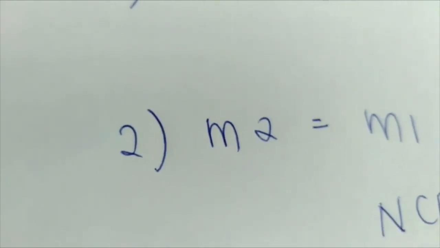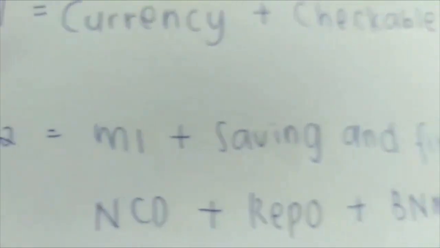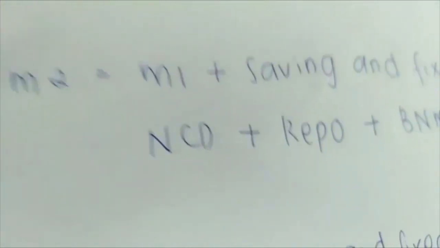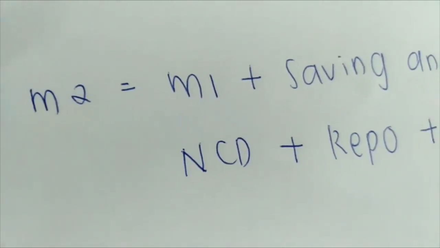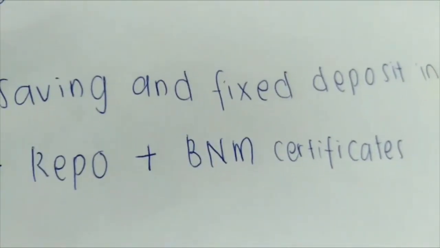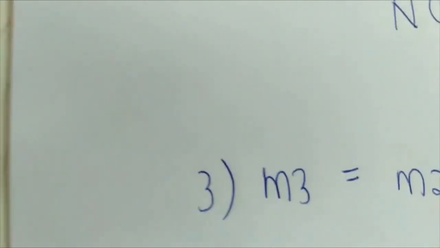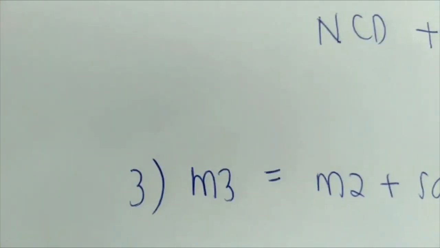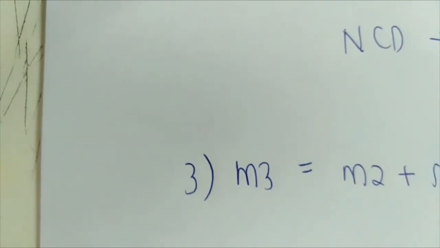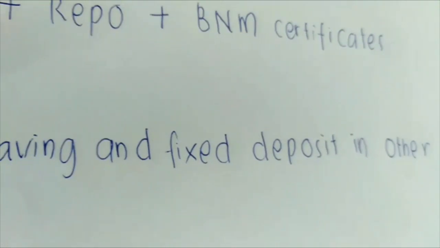Near monies are items that are highly liquid financial assets. M2 is equal to M1 plus savings and fixed deposits in commercial banks plus NCD, which is negotiable certificate of deposit, plus repo and Bank Negara Malaysia certificates. Lastly is M3, which is broad money. Broad money is the broadest definition of the supply of money, which consists of M2 plus savings or fixed deposits in the other financial